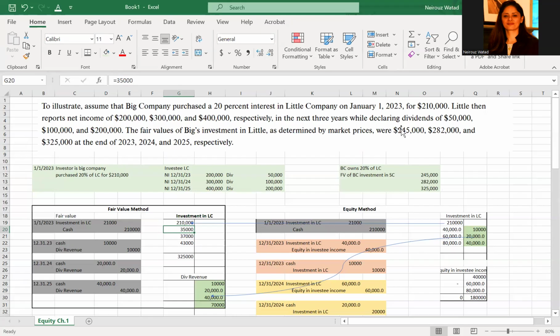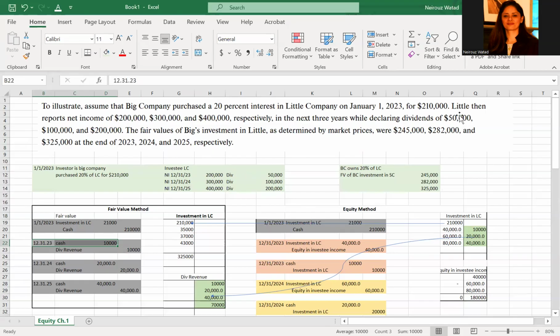Now, the income that the investee has recognized in 23, 24, and 25 are not going to be used in the fair value method. We don't care about them. We care about the dividends and stock appreciations only. And the dividend is considered a revenue. So December 31st, we received a cash of,